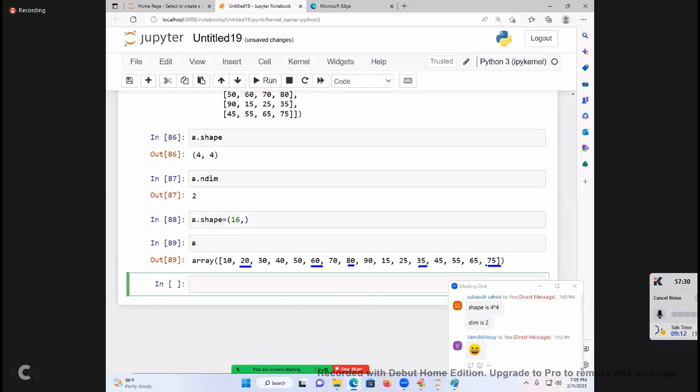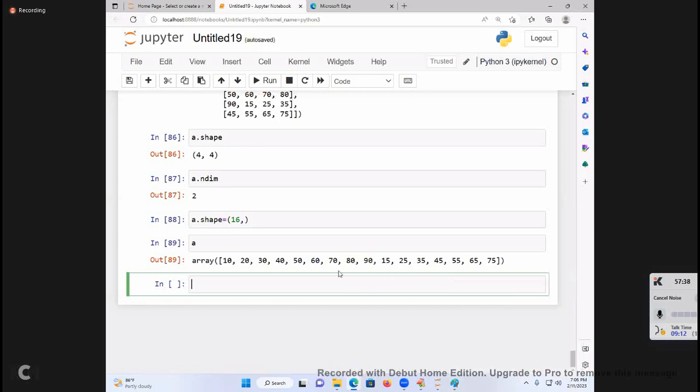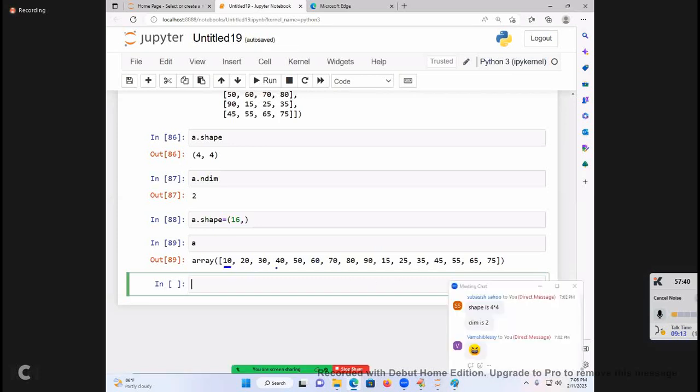Whichever random values you want, you find their indexes. Take a small example. I want 10, I want 40, I want 65. Select the range 0, 1, 2, 3, minus 1, minus 2. Whichever is convenient, I will take its index.